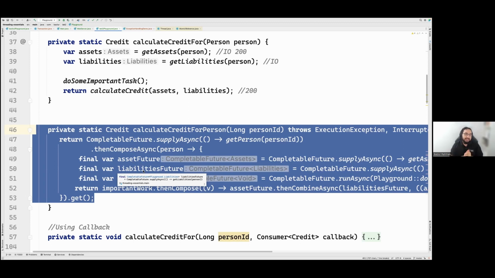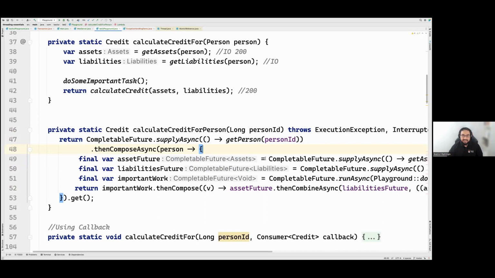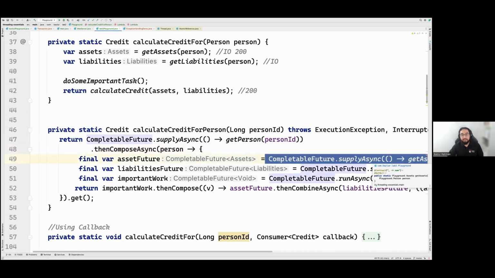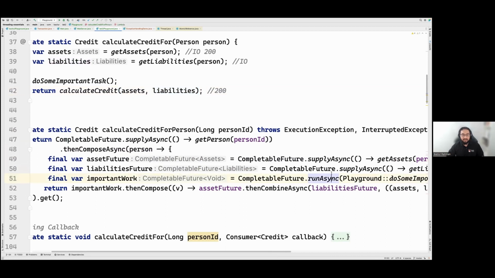The other problem is that this code is not atomic anymore. For example, this CompletableFuture can fail independently because it can be executed in another thread. This one can also fail in another thread, even though they're related. If you take a thread dump and you have a problem, you'll probably not be able to relate them if there is no parental relationship, right? So those are some problems already, and you need some mental gymnastics as well.